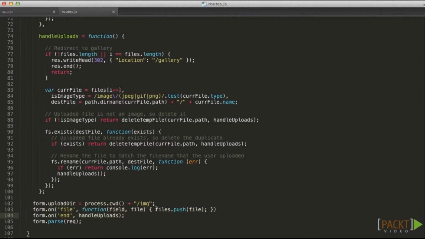One listener will push files to an array as they get parsed. The other will trigger a function to process all the uploaded files once parsing is complete. Finally, we